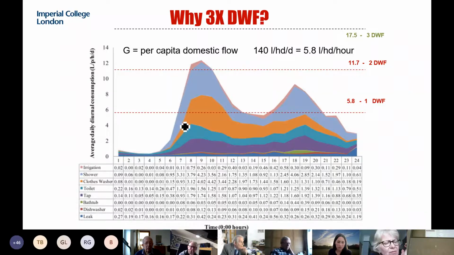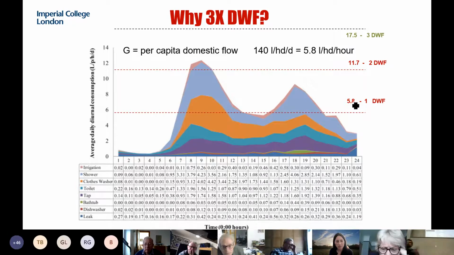At around 8 o'clock in the morning, you have a peak of water use. It drops around lunchtime. So this pattern in terms of how they are receiving the water, right? If the water plant was only receiving just the effluent of let's say 140 liters, it will have to accept a dry weather flow of 5.8. Because if you multiply 5.8 by 24 hours, this gives you 140, right?